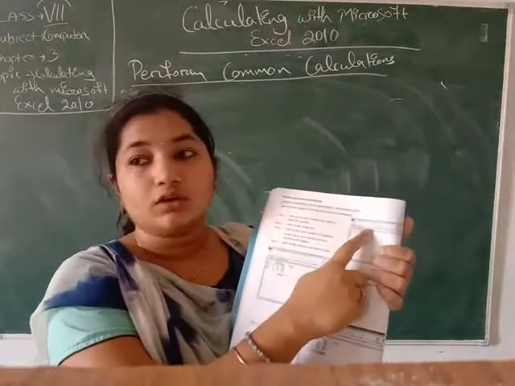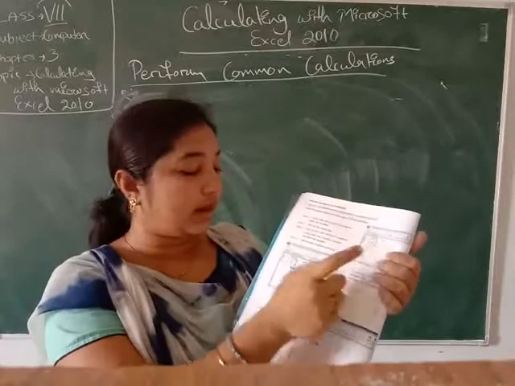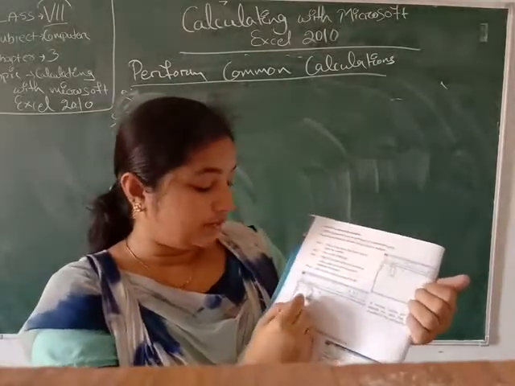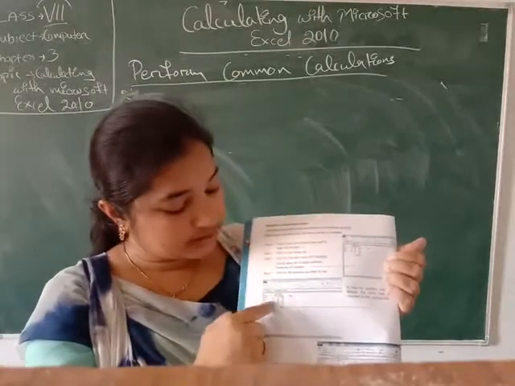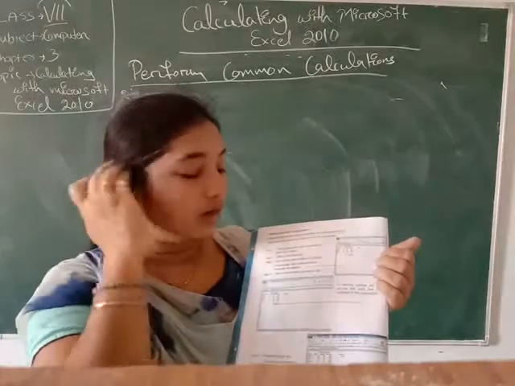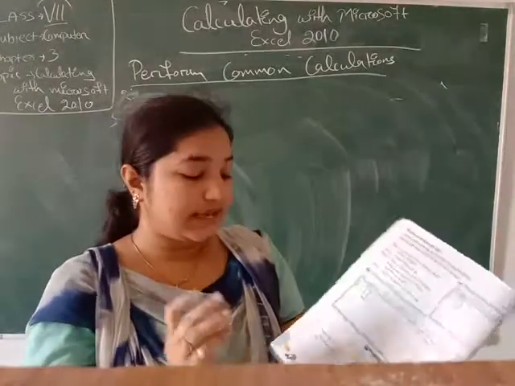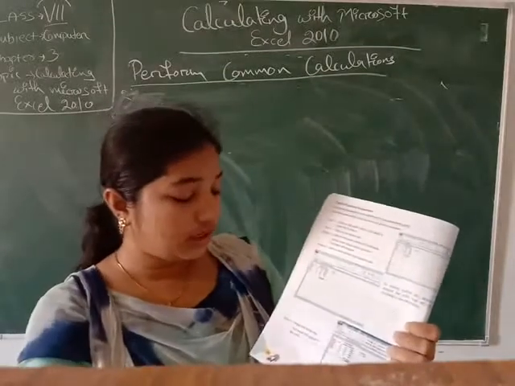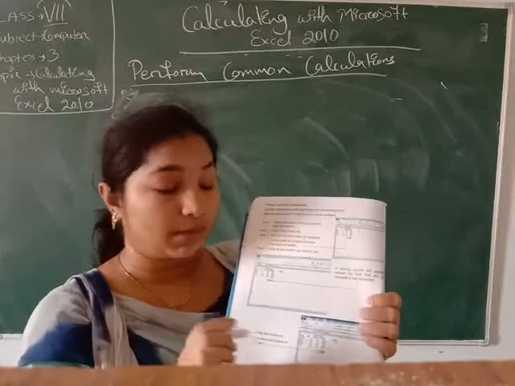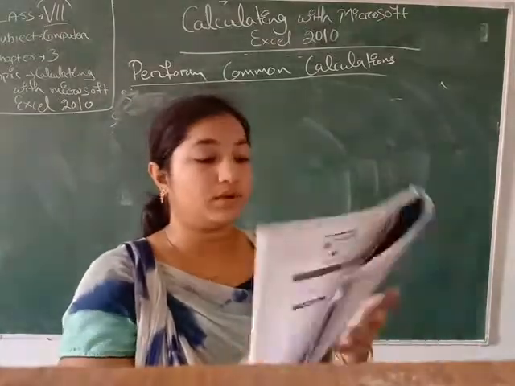Which function we want to use, we just have to click on that. After that, a moving outline will appear around the cells. You can see these dotted lines are moving. After that, press the Enter key. The result will appear in the cell.